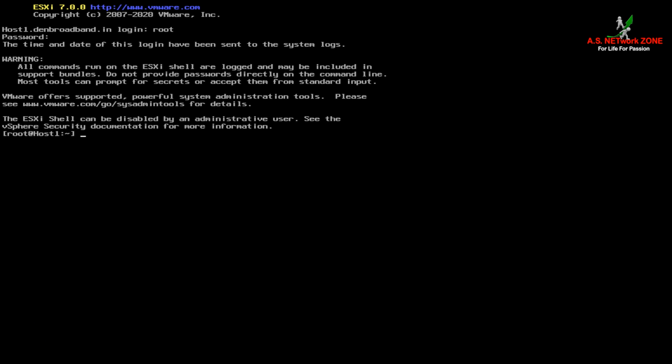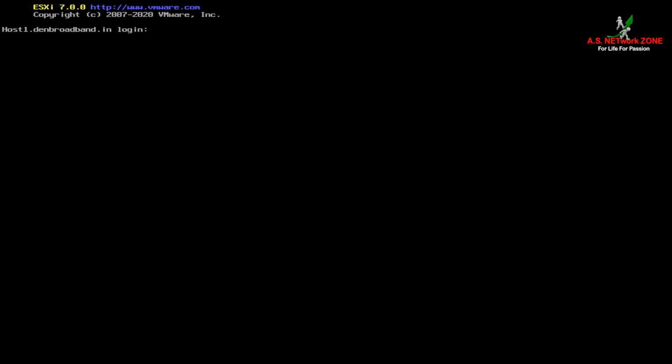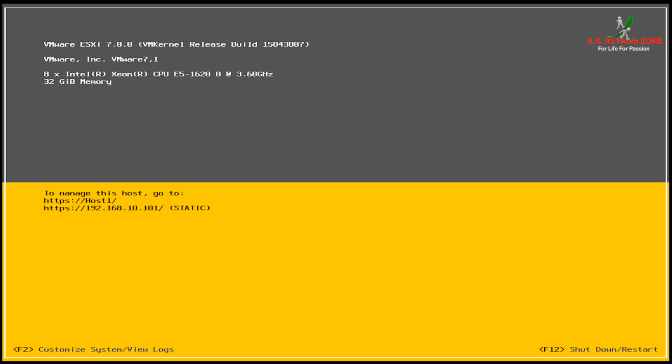If you are an expert in Linux or have already worked with ESXi, then do not worry, you can easily configure that. But here I am doing nothing. I am exiting from here. If you want to exit from here, you will have to press Ctrl Alt F2. As I told you, for ESXi shell the shortcut key is Ctrl Alt F1, and you can use Alt F1 also.